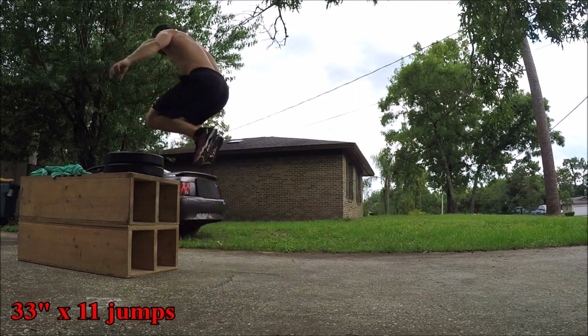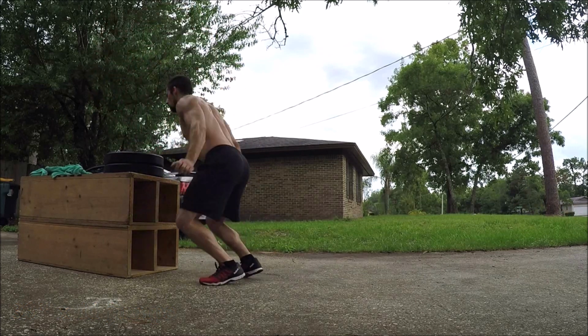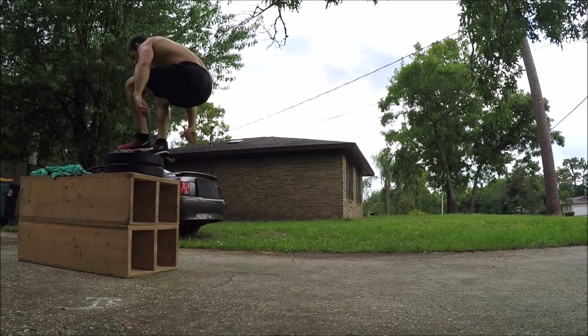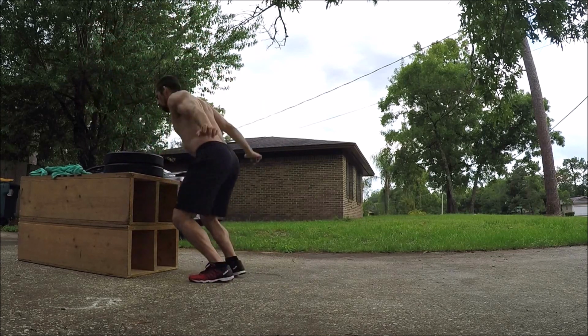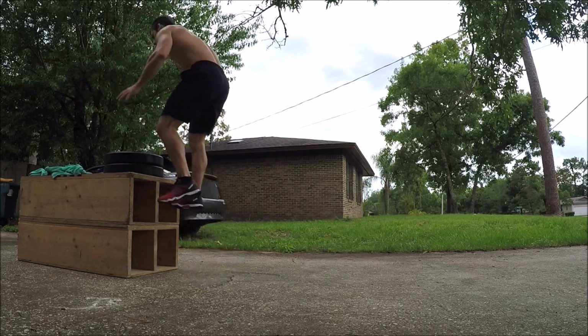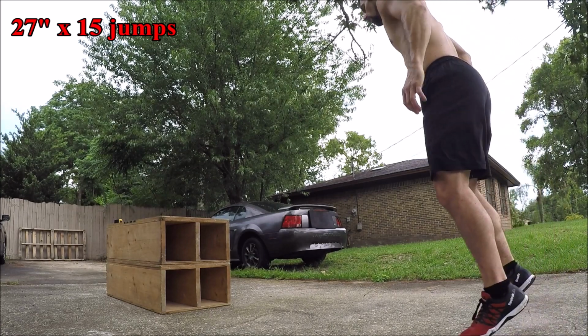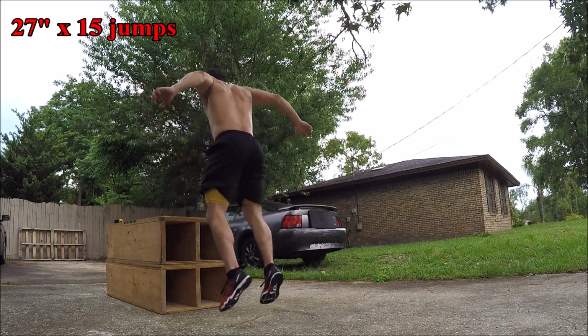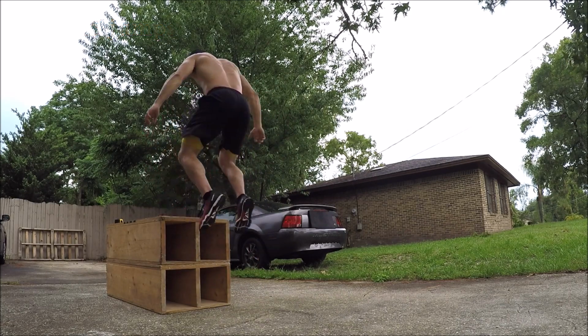But basically what I'm trying to do here is just hop up onto the box, steady myself for a second, bounce off of it in a controlled fashion, and then gather up the energy from the impact and use it to rebound myself back up onto the box with minimal contact time on the ground to really hammer the stretch shortening cycle. I worked up to 33 inches as the highest box here, which was a little bit too high,